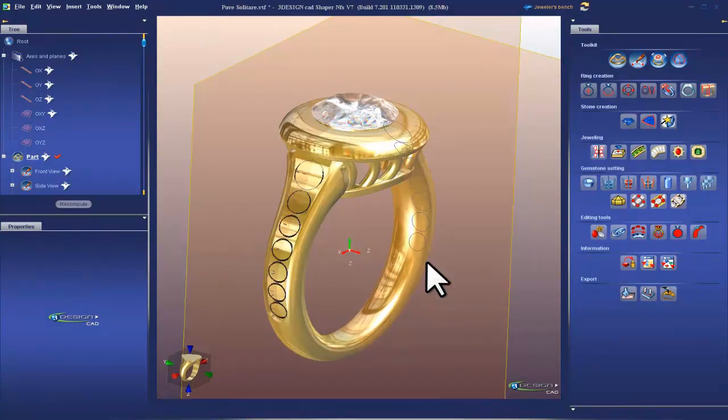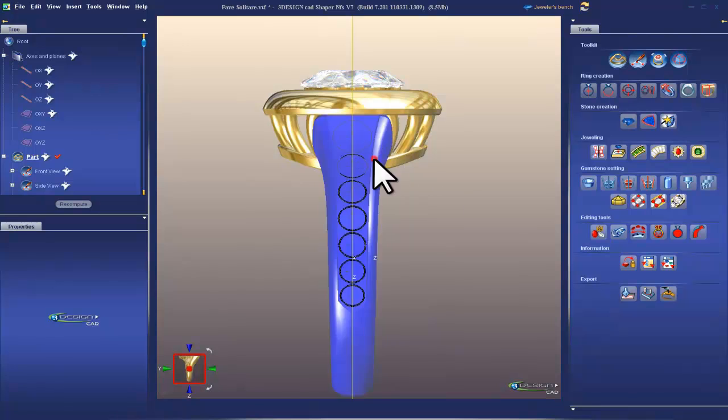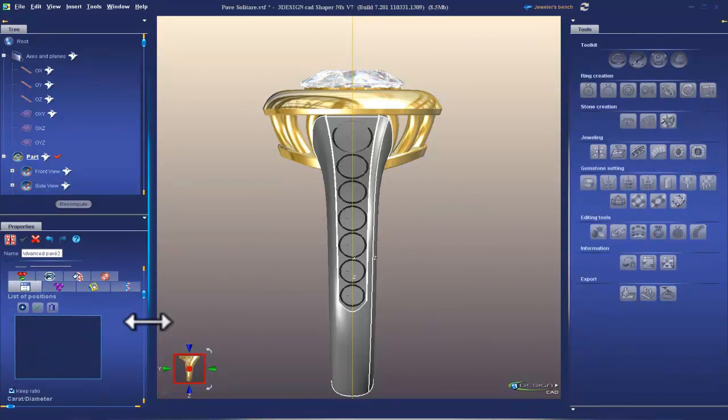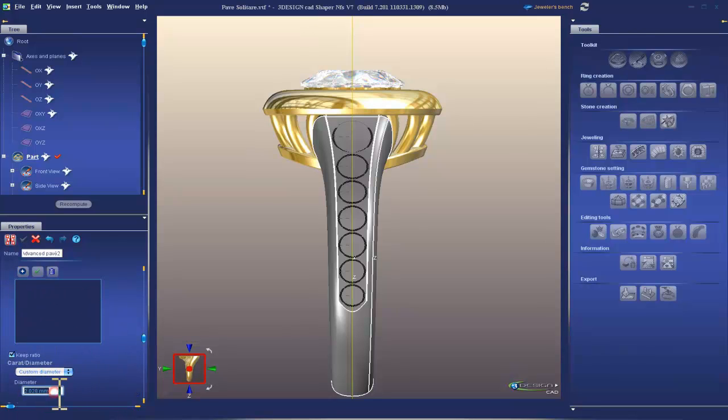I'm actually going to use another Pave to put my prongs in. I've gotten away from using the Pave prong tool. Not that it's not a functional tool, I just prefer doing it this way. It's something that one of our power users from England showed me how to do, and I've just really gotten into it. So what I'll do is I'll set the diameter at 0.8 millimeter, that's the thickness of my prong,